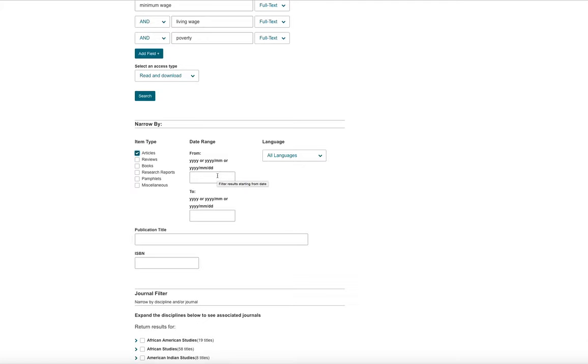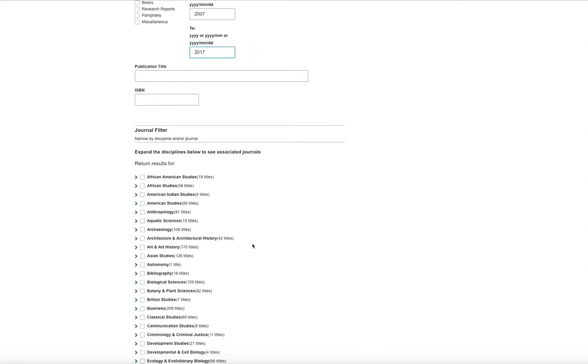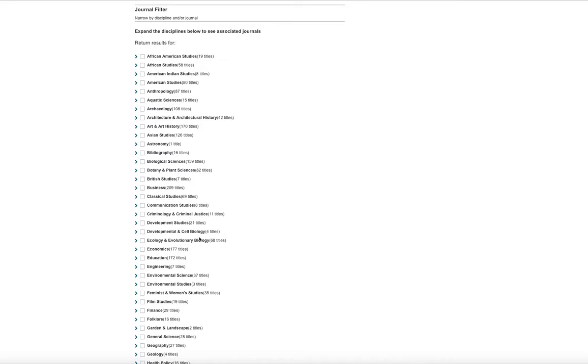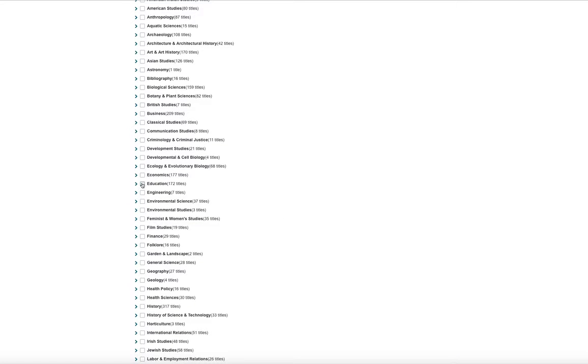So let's say I'm just interested in the last 10 years. So I'm going to put in 2007 to 2017, so that's 10 years. There is one other way to narrow down your search, and that's by selecting a discipline area. For example, I'm talking a lot about economics. So if I click on economics,